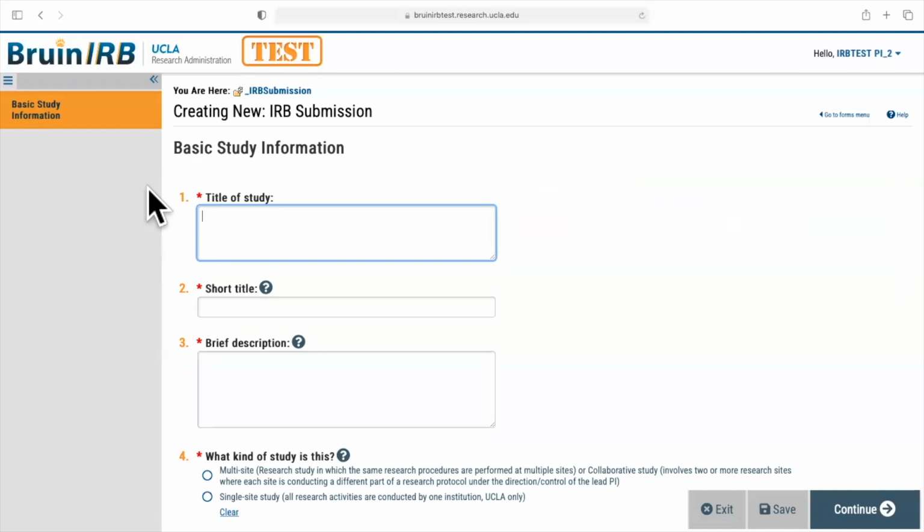So once you do that, you'll see that there's only one page available, and that's the basic study information page. This form is important because it collects all the basic information, and then depending on what you enter here, additional fields will appear. So we'll begin with entering the long title of our study. And please make sure that this is your long title that will be included on your approval notice and official correspondence